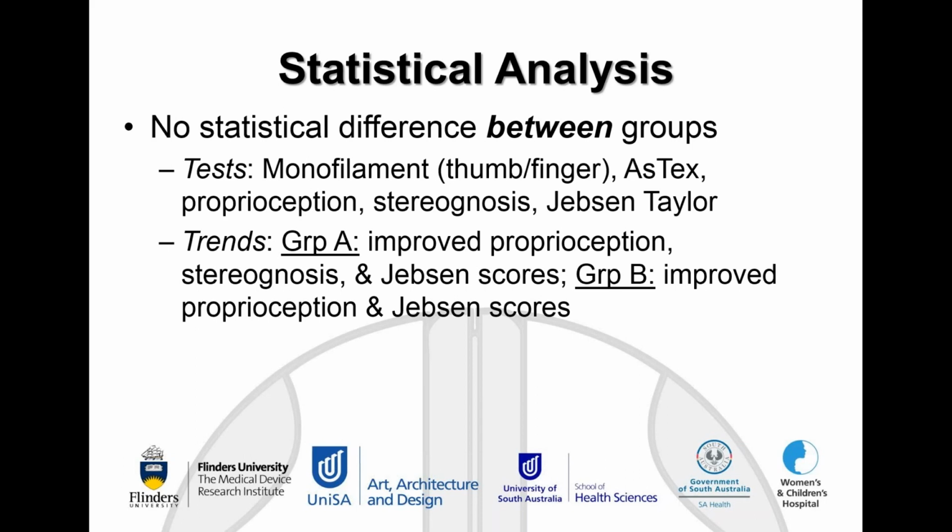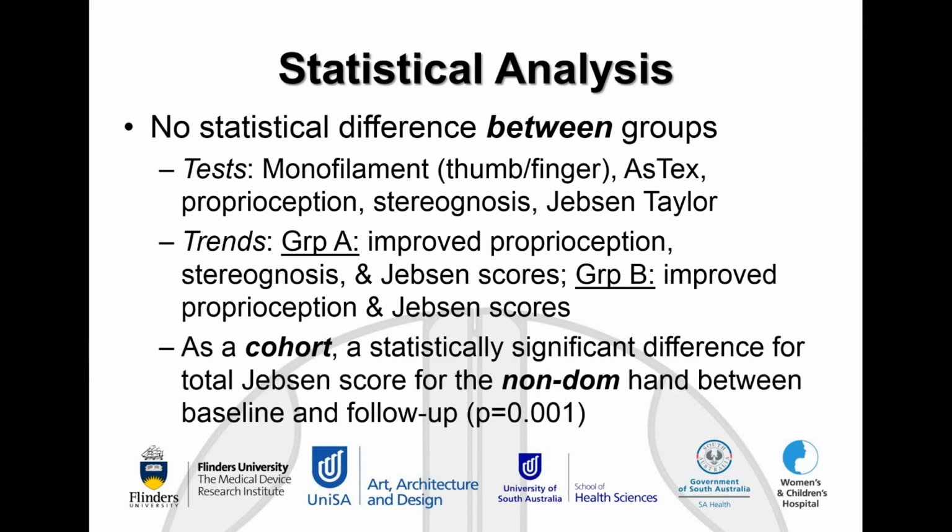But what we did identify is that for all of the children in the trial, irrespective of their group, either Group A or Group B, all of them actually recorded a statistically significant difference for their Jebsen-Taylor scores for their more involved or non-dominant hand between two of our measures. First of all, it was the baseline measure, and then the follow-up, so the 6-week post-trial measure. So this is really interesting. We believe at this point that one of the reasons, or maybe the driving force behind this statistically significant result for the more involved hand, and of course that's the hand that you want to improve function in, and you can see the level of significance there,